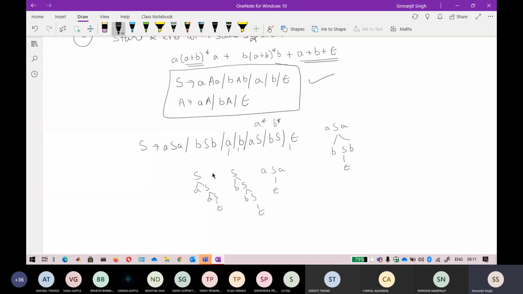No, there is a problem. If it is starting with B, I think I can end it with A, because if you see, S is also tending towards A. Okay, so from this one, BA is also a string generated by this. So this will not be a part of the language, because if it is starting with B, it should end with B. So that is why I always prefer this one. Okay, so I think this thing is possible here.